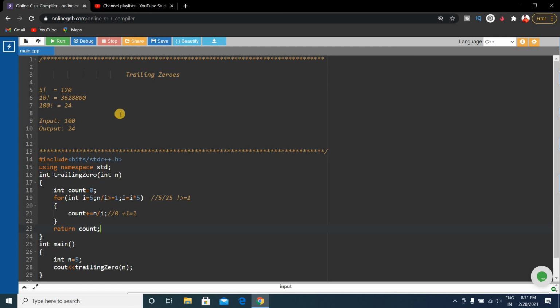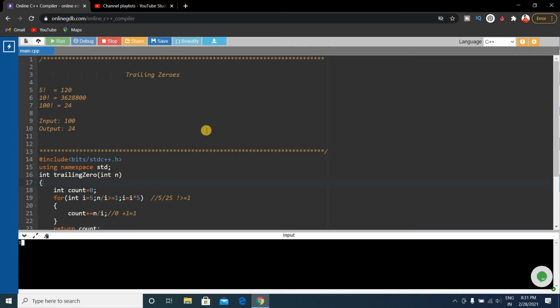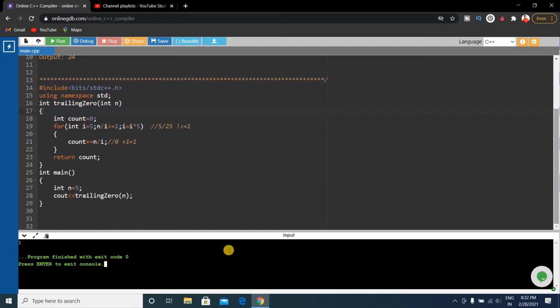So let's run this code and see what our output will be, whether it gives the correct output or not. Our code is compiling. Let's see. Yeah, the output is 1, and that's correct. 5 factorial is 120 and the trailing zero count is 1, so our output is 1. Let's check with 100, to see if it gives the correct output.